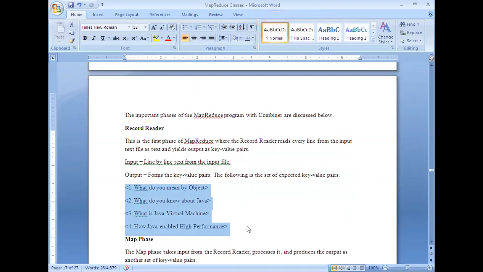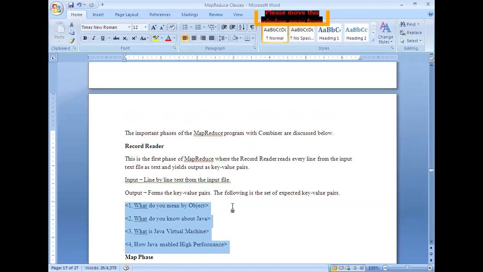So now what happens after converting the input into key value pairs? Now it is the time to submit it to the mapper logic. What you are supposed to do in the mapper logic, say for example, this first line is submitted to the mapper logic. It needs to take each and every word as a key. First it needs to extract the line.